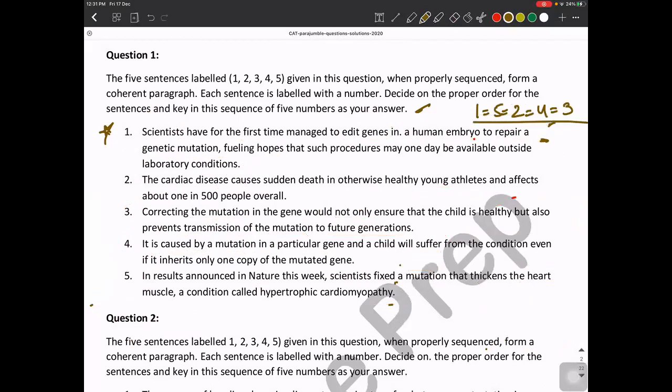This is how you will do the para-jumble part. You have to create a link between the words. You have to create a link between the pronouns, it, this, that. You can just focus on these particular sentences, because those sentences cannot be our beginning, right? Because